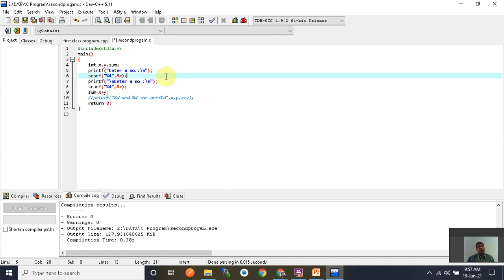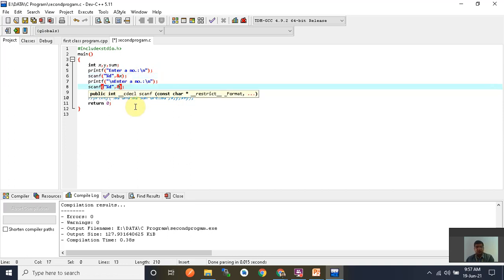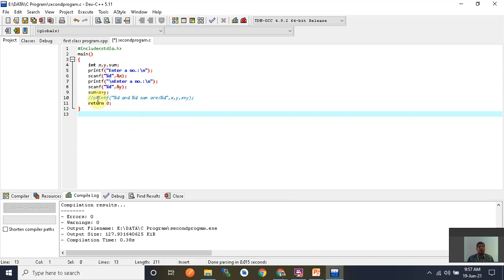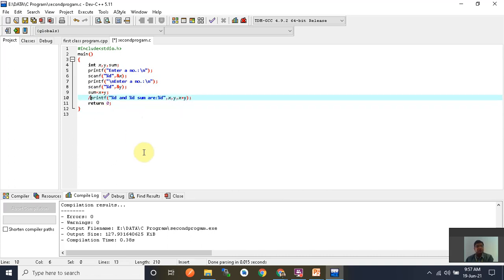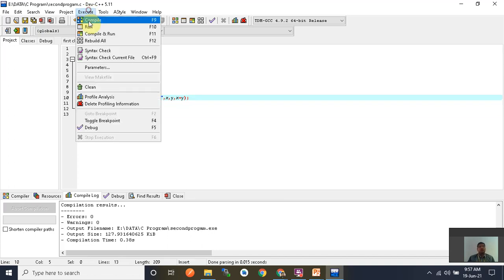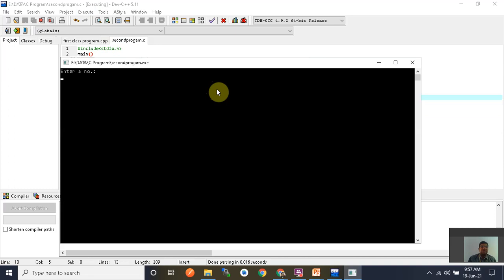I will explain in the output window why you use slash n here and also here, and we store the value y. Okay, now I remove this, I unblock that line, now it is executed. Now I compile and run this.